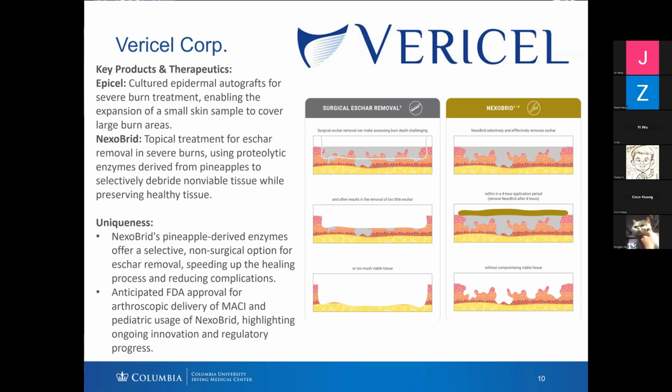So yeah, I guess what's interesting about this company is that their Epicel and Nexobrid technologies, when combined together, have a very high efficiency for saving lives in burn victims. As a little bit of context, burn wounds are extremely hard to treat because the area of damage is usually really wide, and it burns down your barrier between your inner tissue and the outside. So inflammation and infections are very likely, and